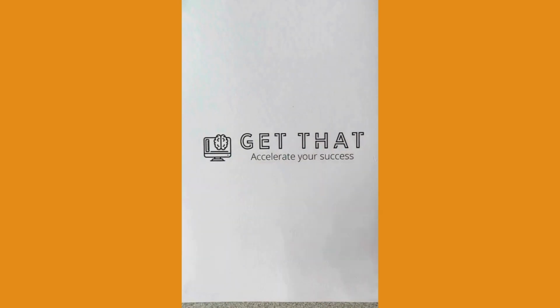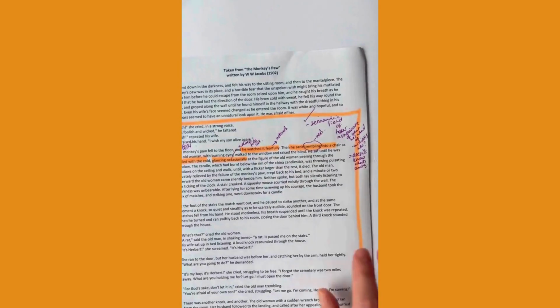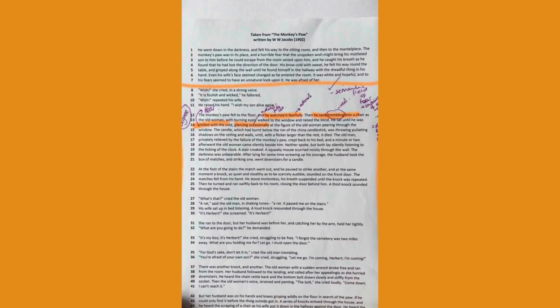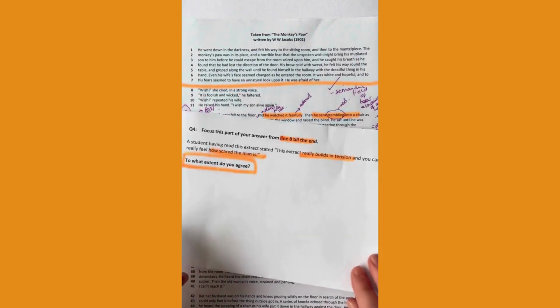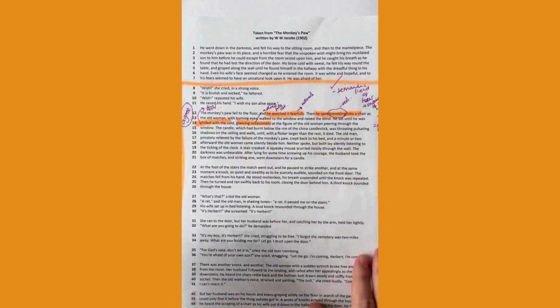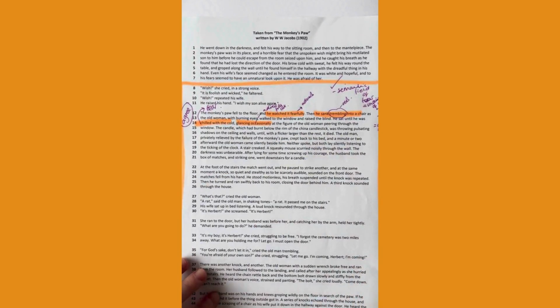So just to revisit, in the previous video, we did all our planning work where we were using the extract from the monkey's paw, and we were looking at anything that showed how tension was built and how scared the man was. And we needed to see if we agreed or disagreed with that. And we went through, we read, we highlighted, and then we annotated so that we could use this